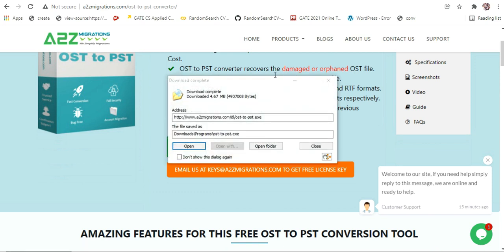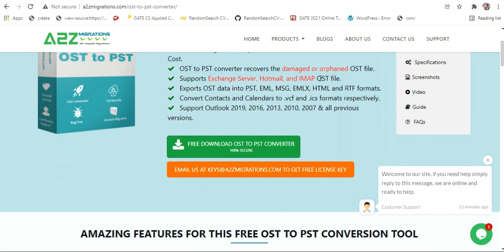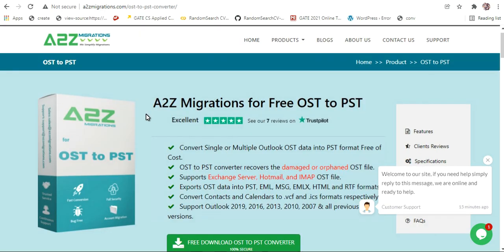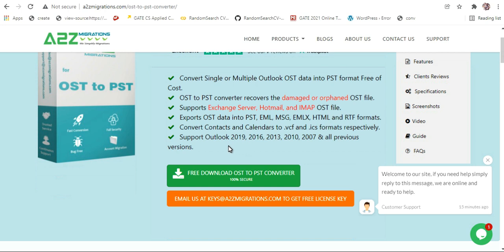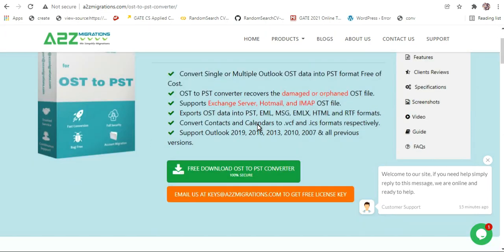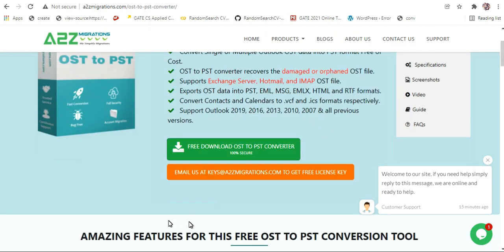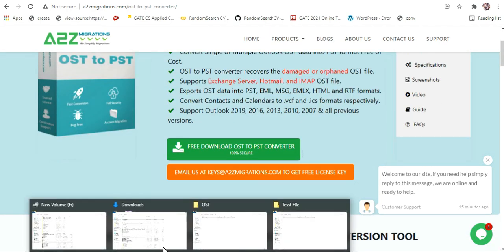You will need to mention that you need a key for A to Z migrations OST to PST converter. Once they receive your mail, they will revert back within 1 to 2 hours with the key. You can use that key to activate this tool. Once activated, you can perform the conversion.